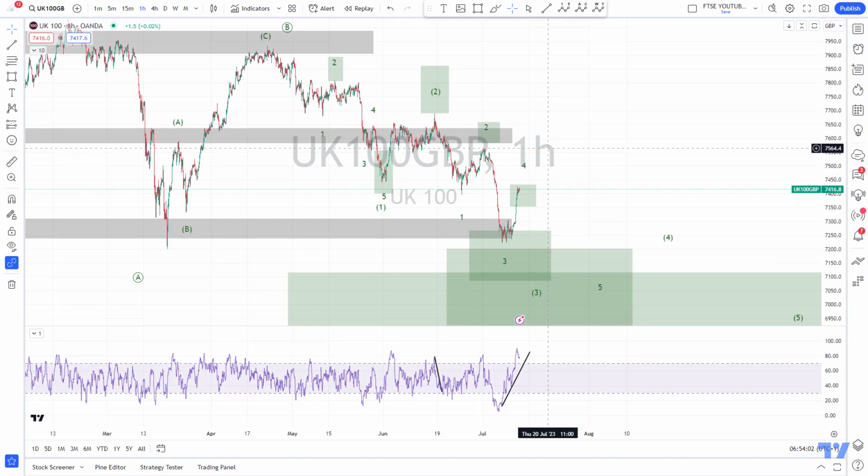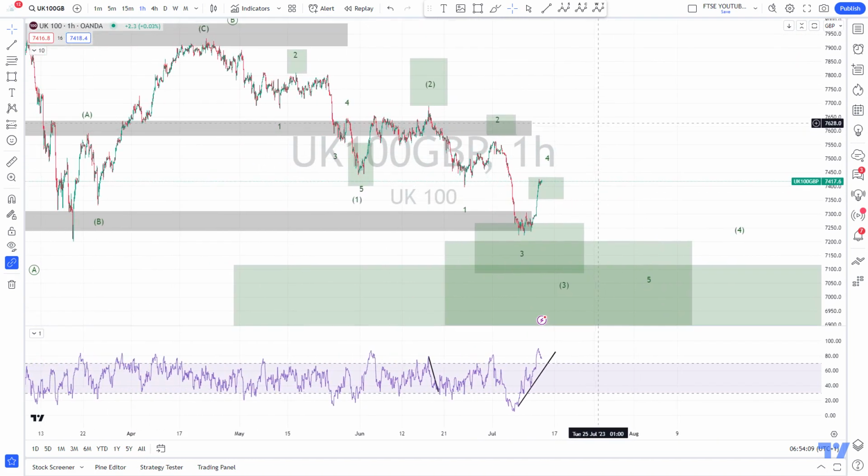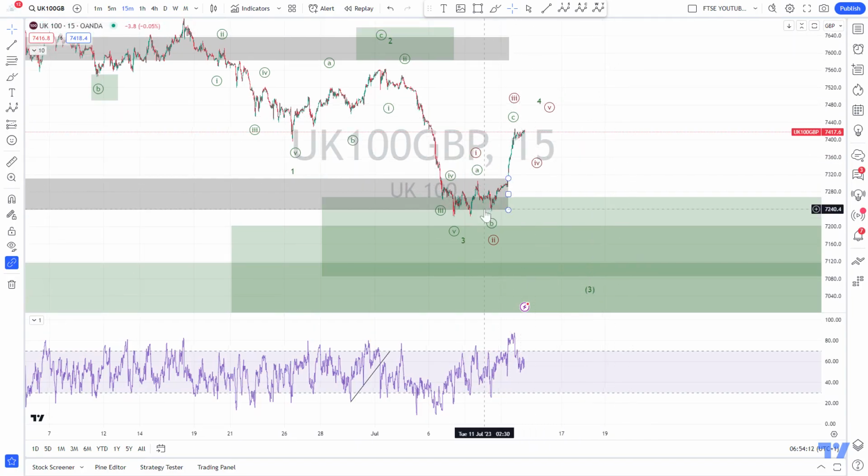So yeah, for now there is not much that I can do with the FTSE. Maybe let's zoom into the 15-minute. Now I'm just curious about this structure, how this will